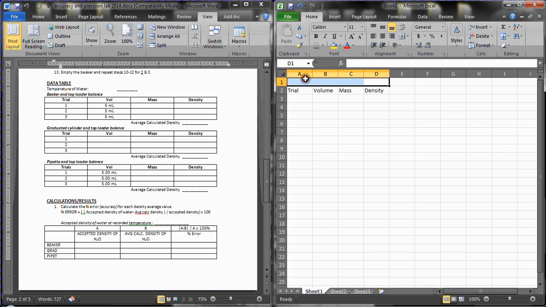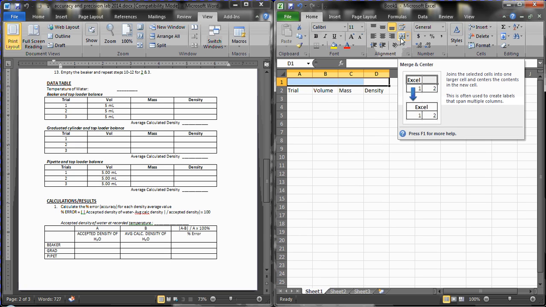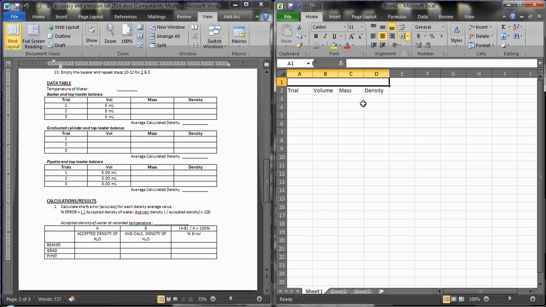But I want to put a title on top of the table, so I'll select all the cells above it, and I'll go to Merge and Center. That's this tool right here, and I'll just type generally beaker, signifying that this table is for the beaker data. Okay, so I have 3 trials, 1, 2, and 3, and then